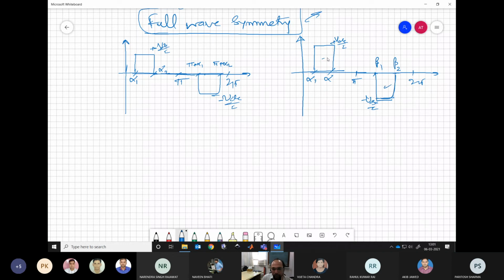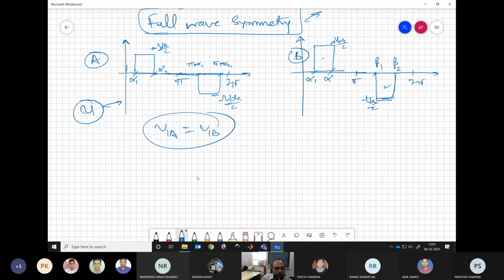So now, what is the difference between these two waveforms? We are maintaining the same fundamental, that is ensured. So the fundamental in waveform A and waveform B, we have V1A equal to V1B. This is maintained. We are not disturbing that. And we are having the same DC bus voltage. Now, carefully if you see what happens when we talk about the even harmonic. Somewhere here is π/2 and somewhere here is π/2 and similarly 3π/2 somewhere. So what will happen?